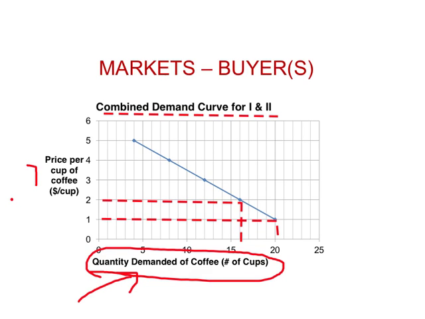Or since quantity demanded of coffee is represented on the horizontal axis, to derive any kind of combined demand curve, whether it's just for two consumers or for millions of consumers around the world, what we have to do is simply add up quantity demanded of coffee. And since quantity demanded of coffee is on the horizontal axis, this principle is referred to as the principle